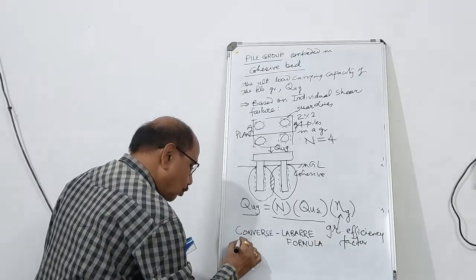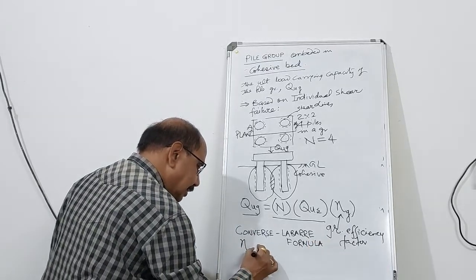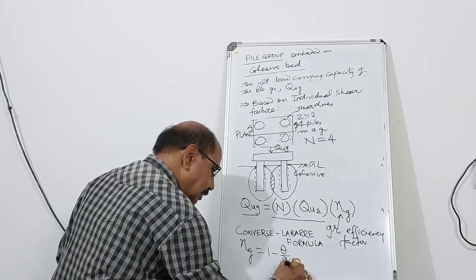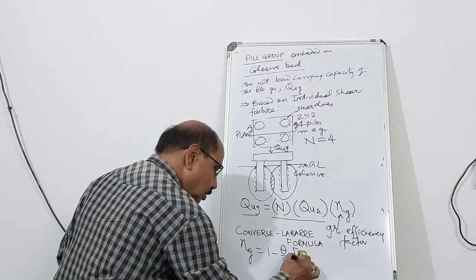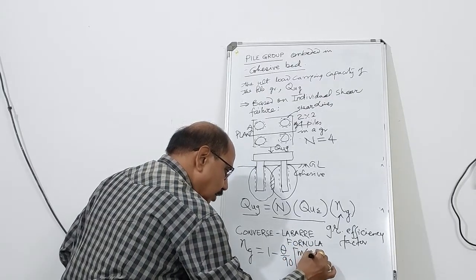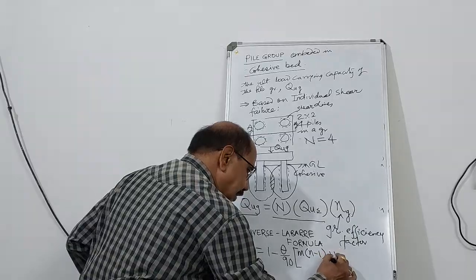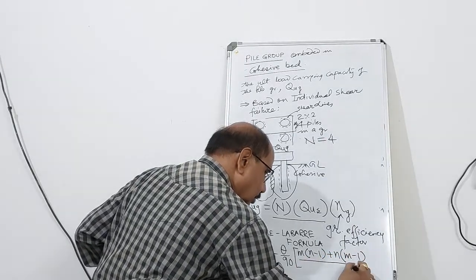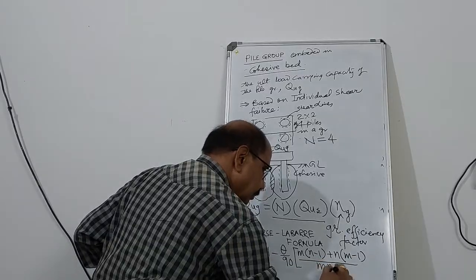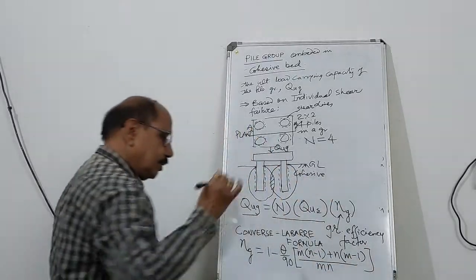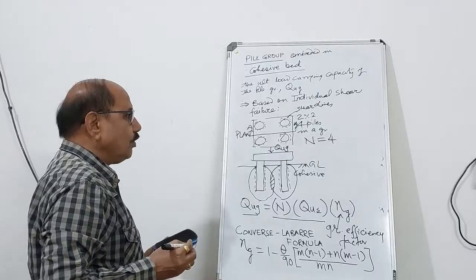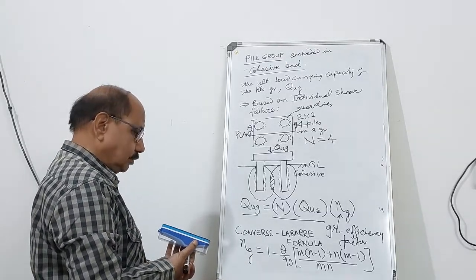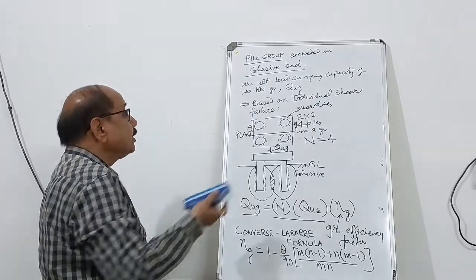According to this, the group efficiency factor eta G is given as 1 minus theta by 90 into [m into (n minus 1) plus n into (m minus 1)] upon mn. This is the formula, where theta is given by